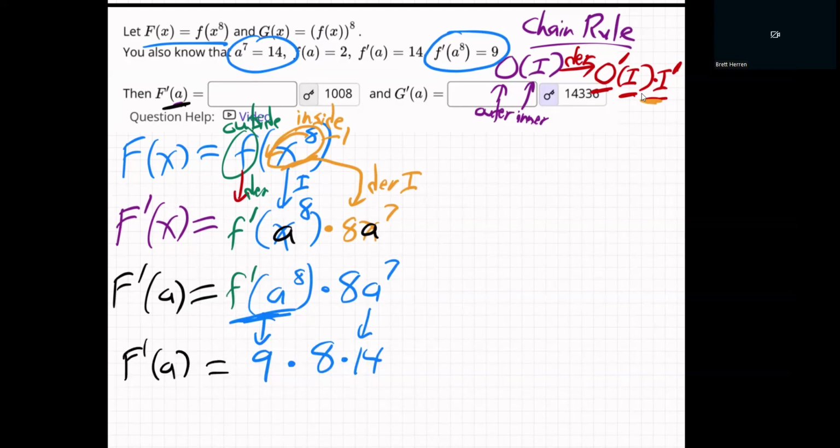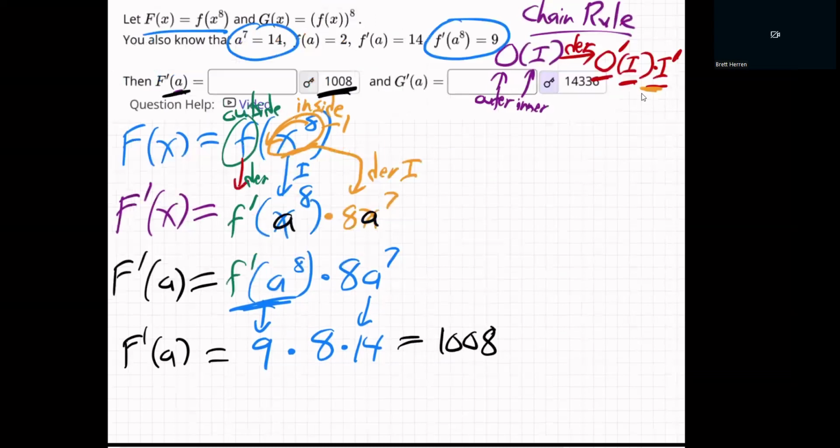And so multiply those on your calculator. 9 times 8, that's 72, times 14. I'm going to have to grab my little calculator. That's a little too big for me. Oh, there it is. Okay, so 72 times 14 is 1,008. Oh yeah, we got it. So that's 1,008, which is the answer. Okay. Now, for the next part,